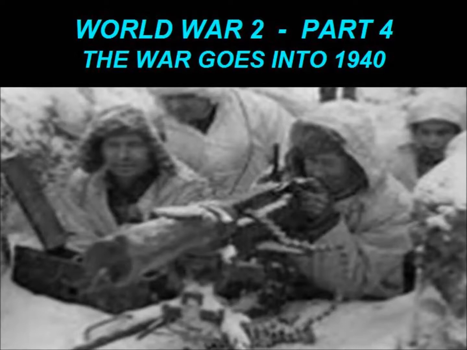Now, on December 4th, the battleship Nelson is damaged by a magnetic mine, and that is the last major ship to be lost to the magnetic mine. As I talked about in the last video, by attaching a cable around the ships, the British were able to quickly neutralise the magnetic mine, but it was a terror in its initial findings. Thankfully, one was dropped in Thames Estuary at low tide, and they managed to work it out. Also on 4th of December, 2 destroyers are sunk, 2 others damaged, and a mine layer damaged.